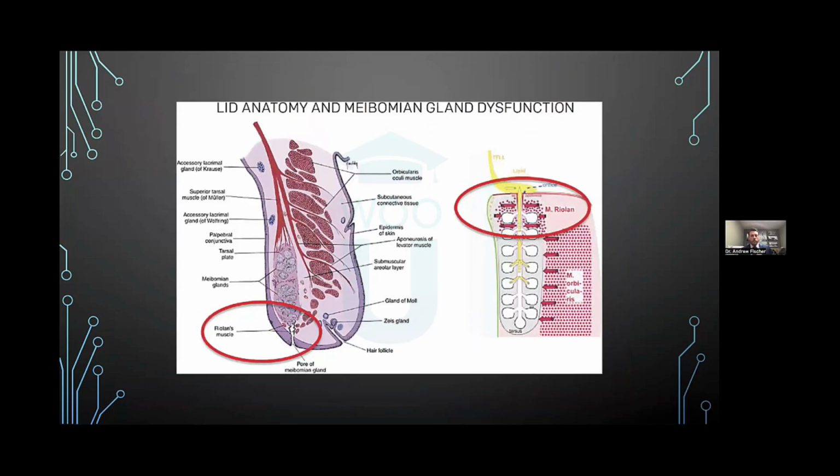The reason the incomplete blinks or decreased blink rate are important while we're doing screen time, near work, or tasks we really have to concentrate and focus on comes down to the anatomy of the eyelids, and specifically those oil glands. The oils in the glands move towards the eyelid margin and are expressed through the meibomian gland orifice, going through the duct. But that duct is encircled by Riolan's muscle, which in open eye environments constricts or closes off the duct.